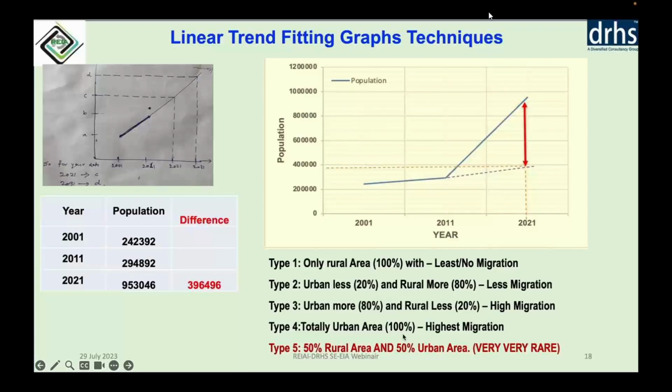If you take the 2021 census data of Surat when it comes, you will see the Surat district is totally highly urbanized, and there is the highest migration. And it rarely happens, 50% rural, 50% urban, but there is a possibility. So whenever you select the extrapolation techniques, you have to understand this combination of your population. What type, when you create a database,